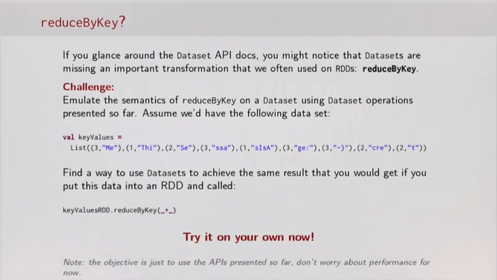And I argue that with some of that information, it should be pretty easy to emulate the semantics of a reduce by key transformation on a specific dataset. Maybe this isn't a completely general reduce by key, but given this dataset here, which is a number of pairs of type int, string, with these weird little string snippets and a bunch of integers as the keys, your challenge is to try and emulate this call here. So if you pretended that these pairs were in a pair RDD and then you called reduce by key on them, and you passed this function here,